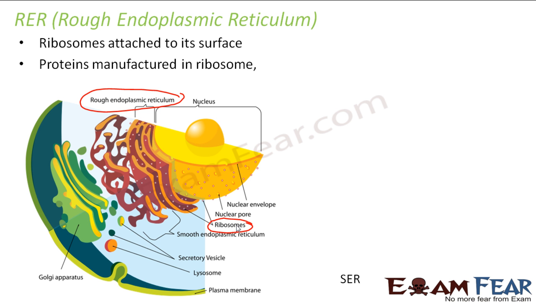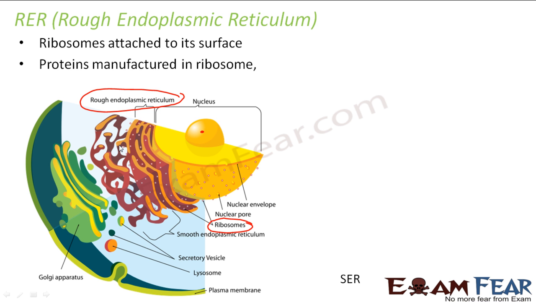Proteins are manufactured in ribosomes. Now, we have also spoken about ribosomes before. What are ribosomes? Remember our discussions on nucleus. I told you that inside the nucleolus, this portion, this is the nucleolus, right? Inside this portion ribosomes are formed, and those ribosomes are taken out from the nucleus with the help of the nuclear pores. So these ribosomes come out from these nuclear pores, and many ribosomes stick on the surface of this endoplasmic reticulum, which are known as rough endoplasmic reticulums.